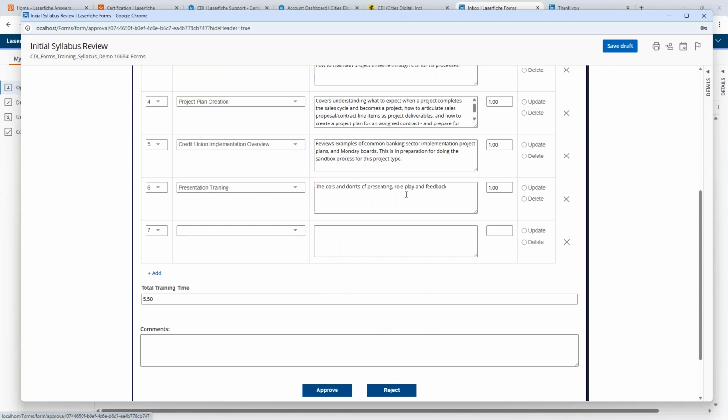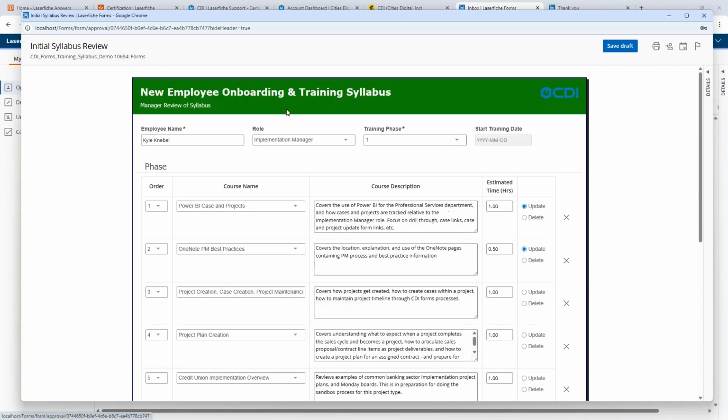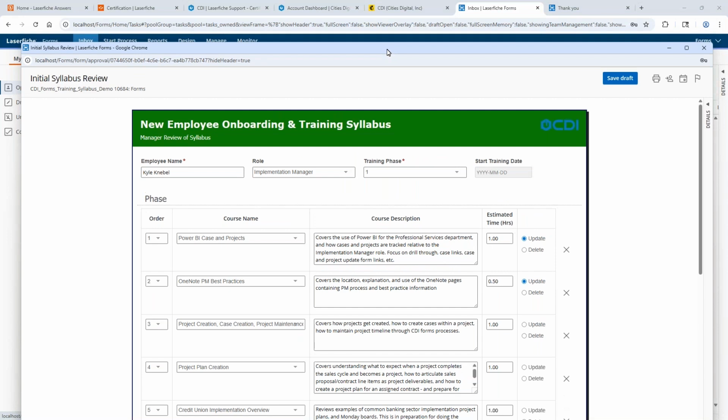So this is coming from a list. I just don't have it updated with new info. And you can send it back, have them approve that. You say, hey, I added a new line. Go ahead and approve that if you think that's necessary or useful. They can then send it back. You can then approve it again, and then off to the races. And now that's completed. So a neat way of using Laserfiche forms to build a training syllabus for new hires, as we might say. So that concludes our Laserfiche